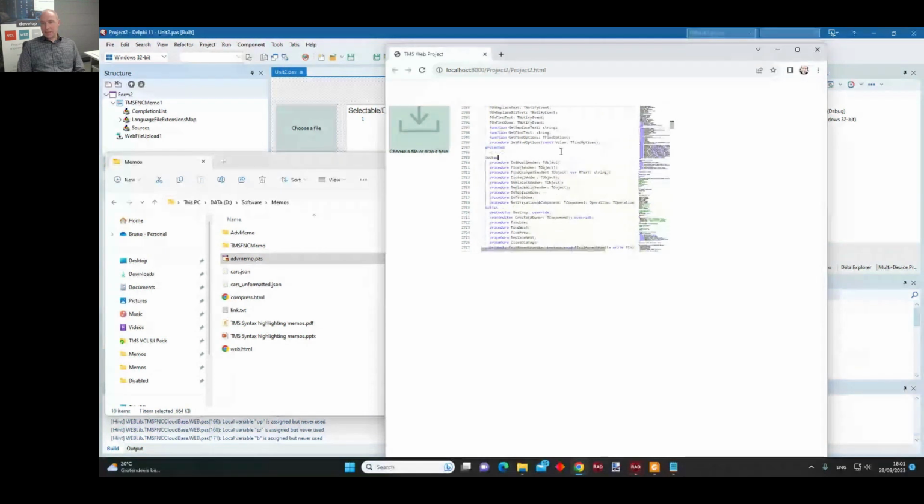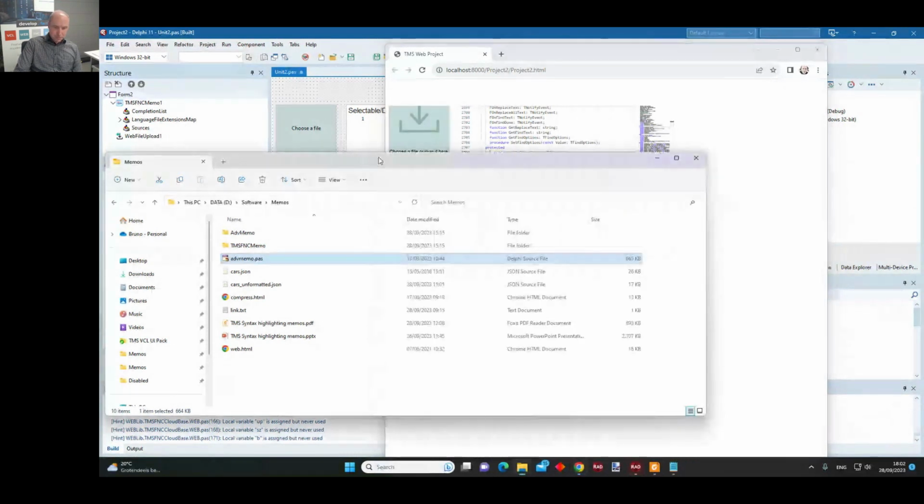And from here, we can start editing this file. So you have this syntax highlighting memo experience immediately running out of a browser, a web application. That is something I think spectacular to see in web applications.